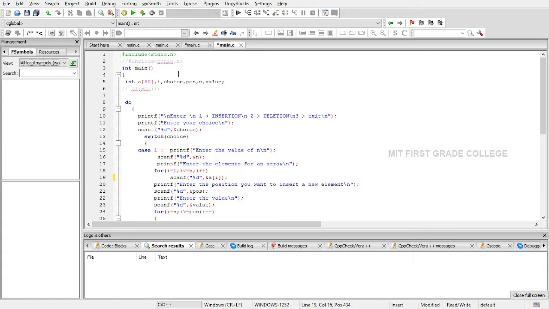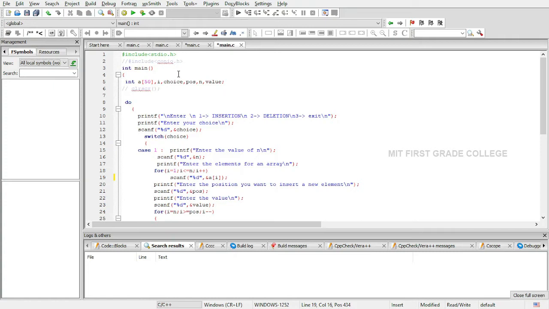I have declared a few of the local variables required for the task given. A is an array, I is a loop control variable, choice is because I will be giving a choice for insertion, deletion and exit from the program to read that choice.